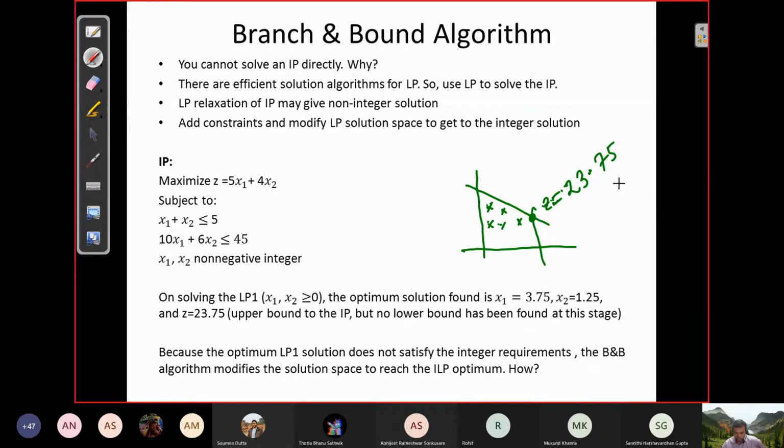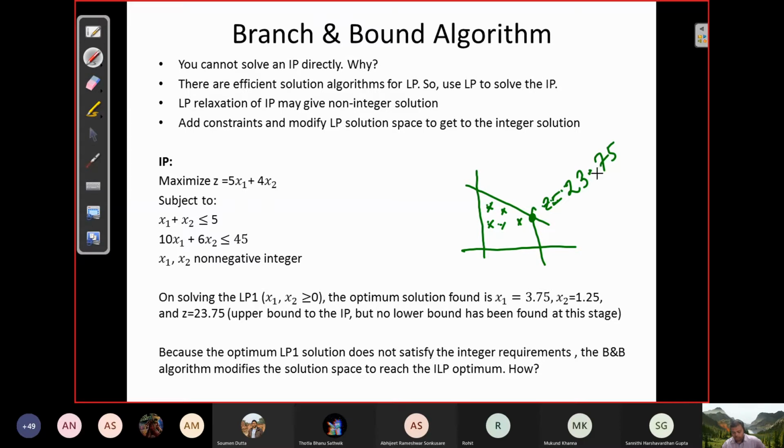So now we see why the bound concept is there in the branch and bound algorithm. Now we are able to define the upper bound. Similarly, we will be able to define the lower bound also; later we will see. Now the approach, as we have seen yesterday, is to branch. That means you divide into subproblems in the hope that when you solve the subproblem, you will find an integer solution as the optimal one for the subproblem, right?